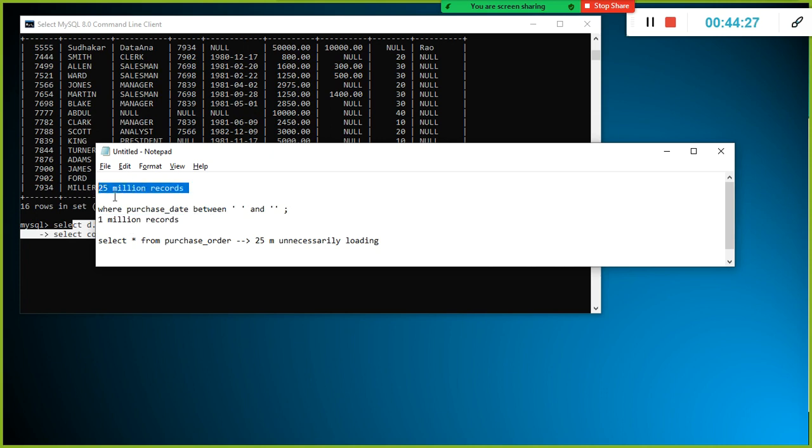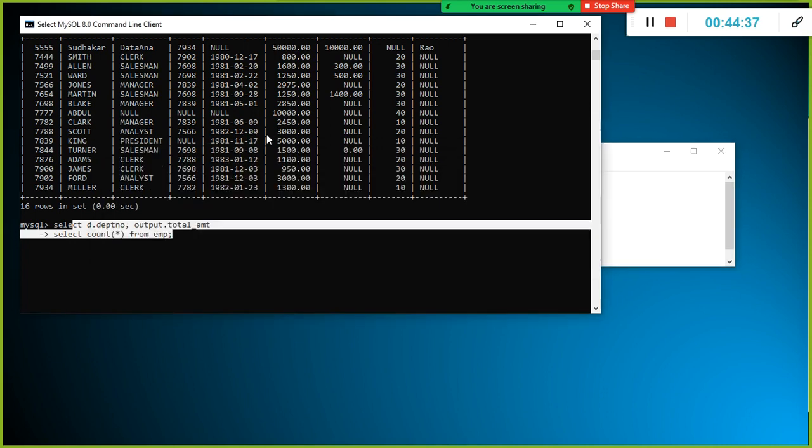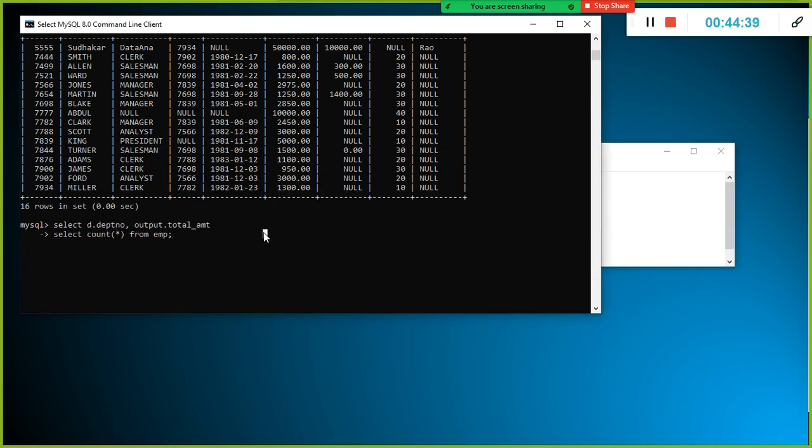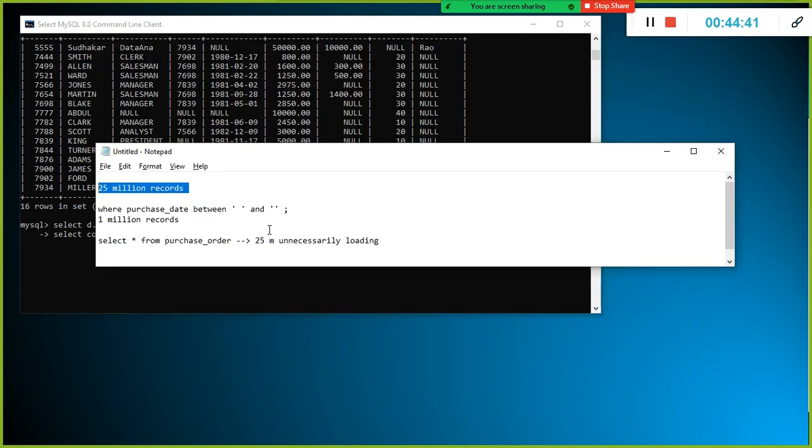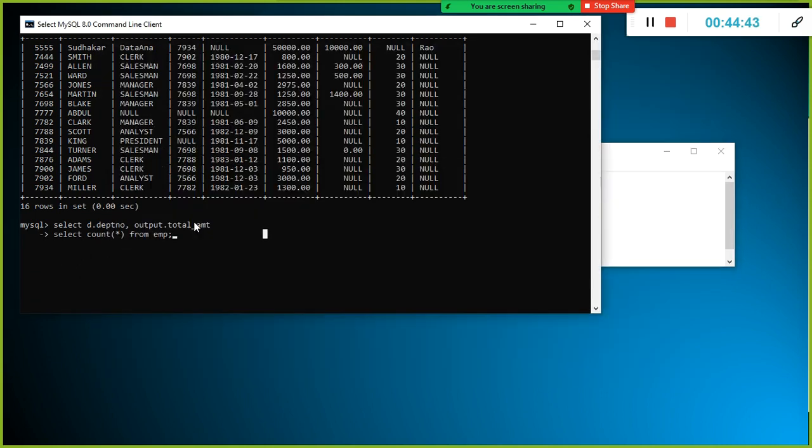If you import the entire thing, what will happen? It will consume too much memory, even if you are using a Hadoop system. It will slow down the performance. That is the reason why you should be good at this. But in this case, I put in only one query. In real-time scenarios, we will be using multiple tables, which we are going to see a little later. Hope you understood, right?